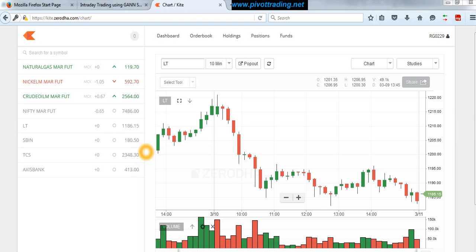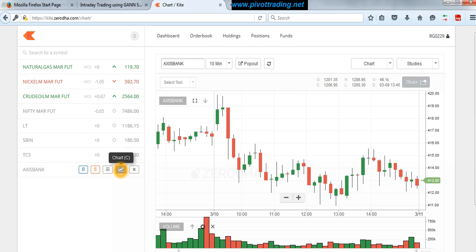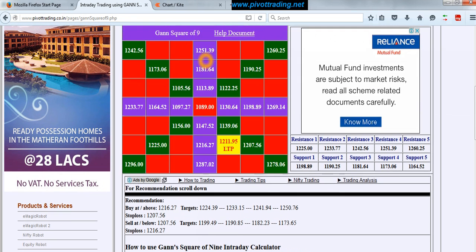Okay, so now let's take a last example of some other script. Let's say I take an example of Axis Bank. Again, we would do the same thing. Since the market is already closed, we can only backtest this particular system. So let's say at the 9:35 candle, we can see what the closing price is. Look at the closing here. The closing was 416.35. So let's say the average price would be somewhere between 416.5 or 416.35. So let's put this here.